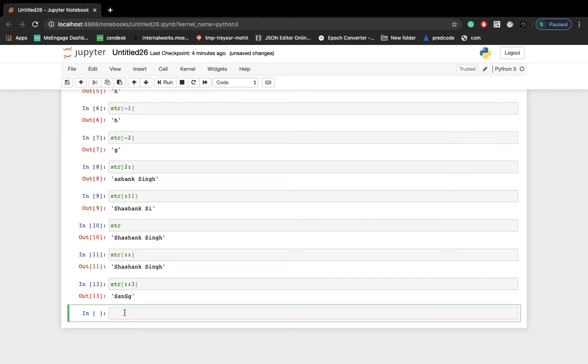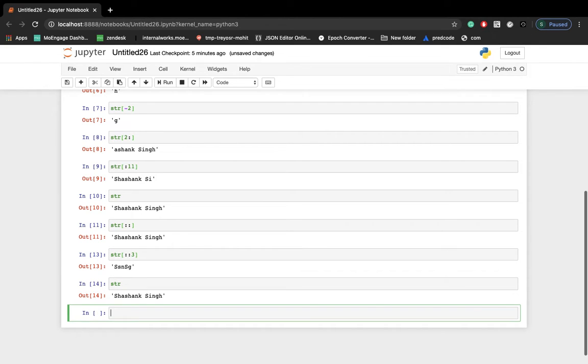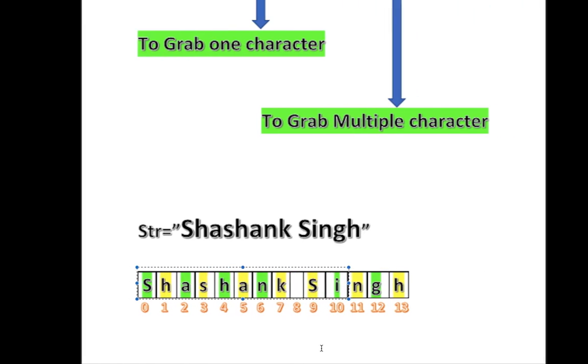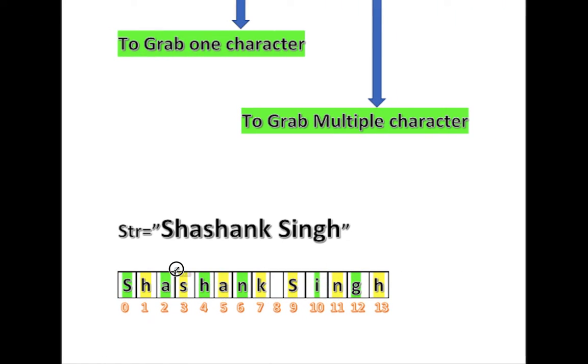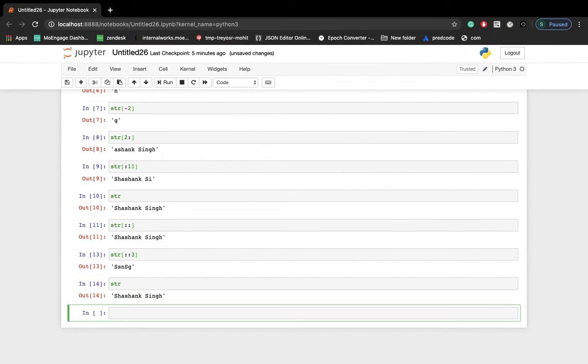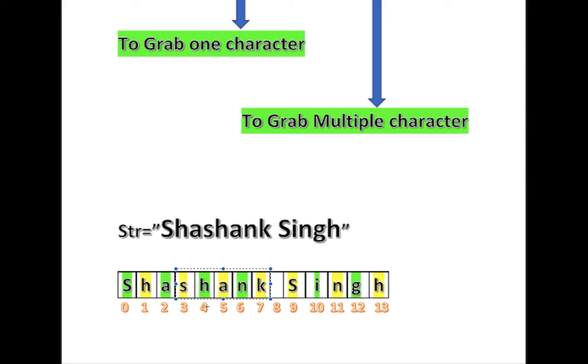Now there is one more concept. Let me print this string once. If you have to grab, say, shank, how can you grab this? You have to write str3 because you have to grab from S, and you have to grab till 7.